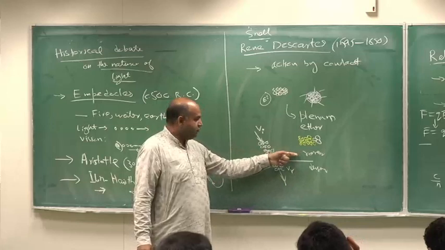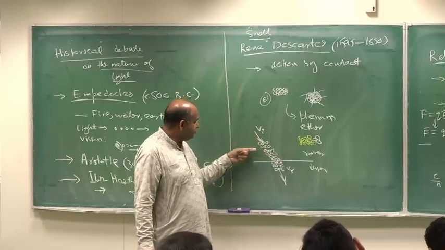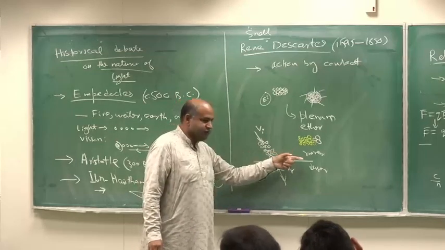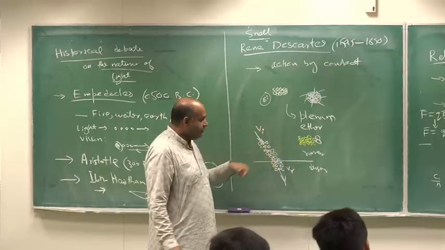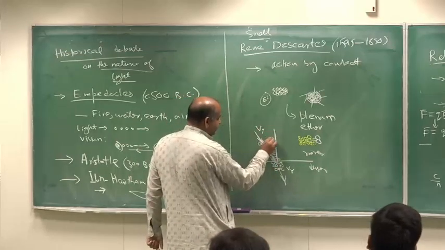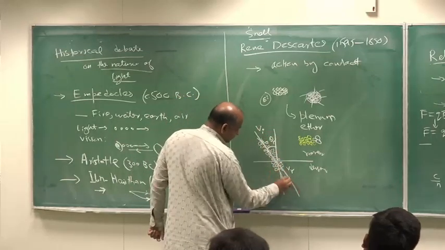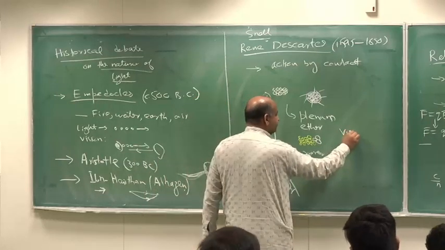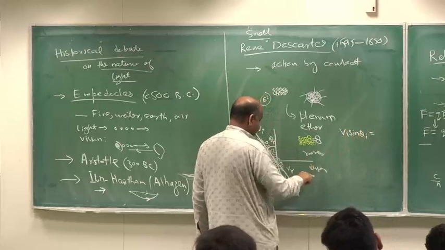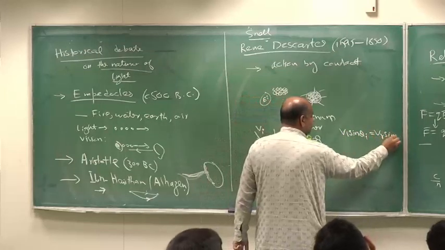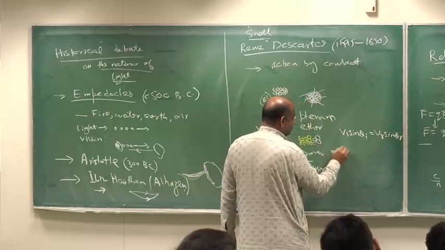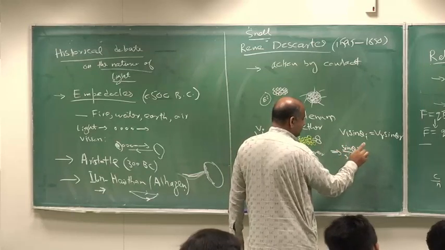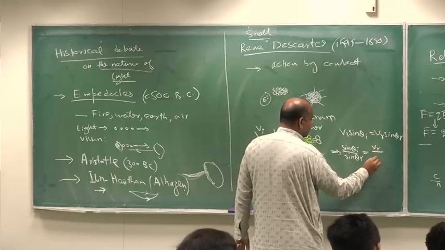this direction. So the component of the velocity in this direction must be continuous across the interface. Because there's no interface in this direction. The interface is only in this direction. So if this is an angle theta I, this is an angle theta R, so this component is Vi sine theta I, and that component is Vr sine theta R. So this means sine theta I over sine theta R is equal to Vr over